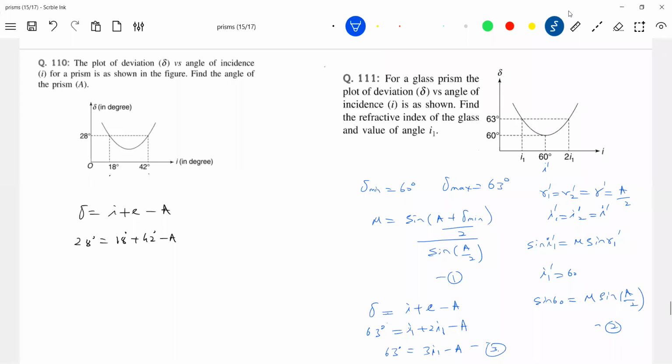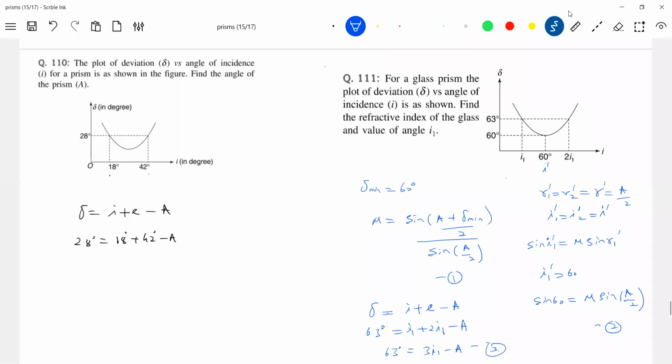Then here minimum deviation, we know it. Okay, this is not maximum deviation. Sir, A we can find by delta equal to 2I minus A and A only. In one step only we can find. We can use the same deviation formula, delta equal to 2I minus A. Oh, A is 60 degree, no?